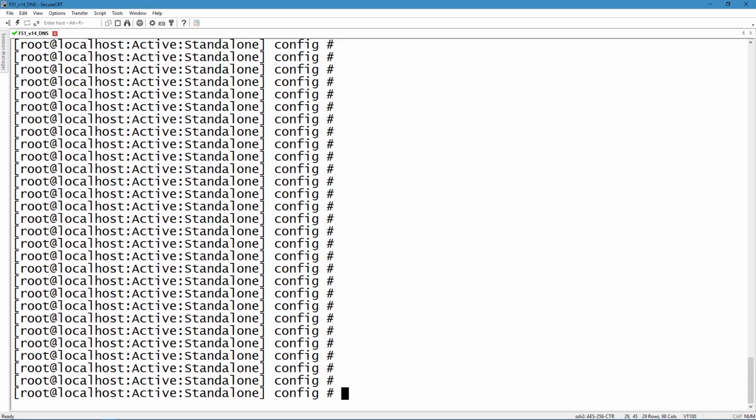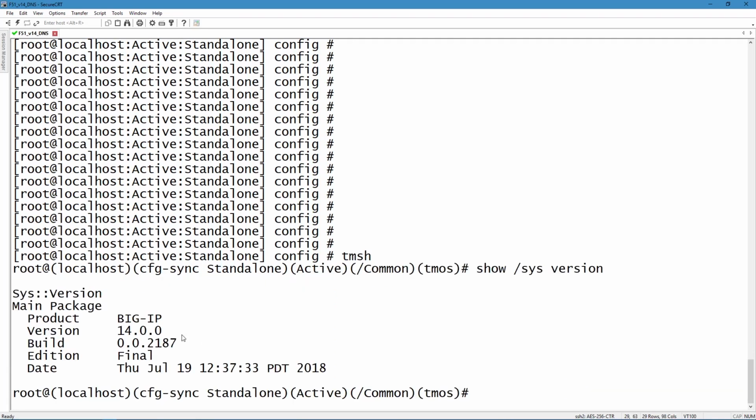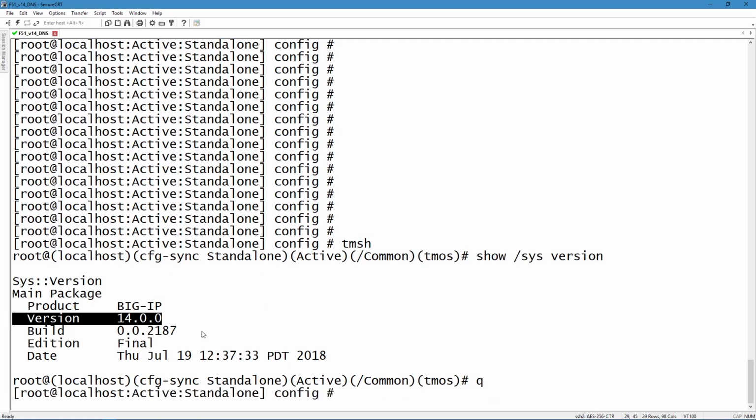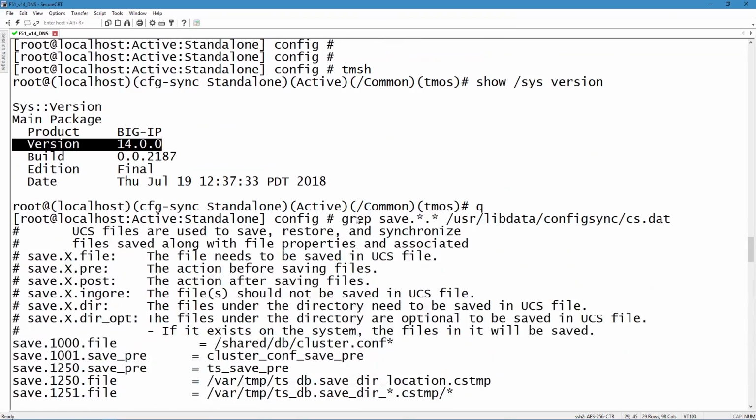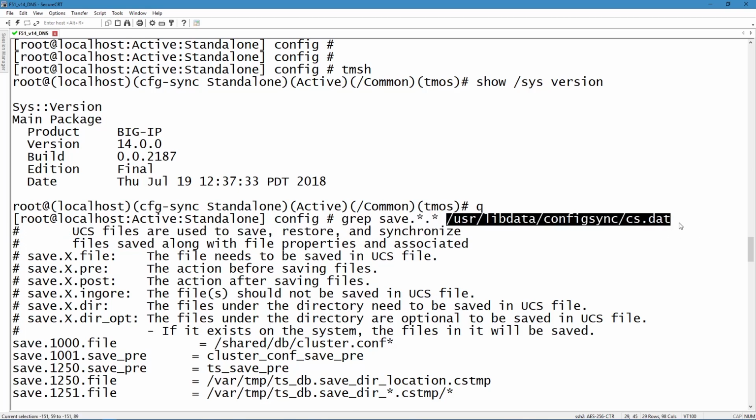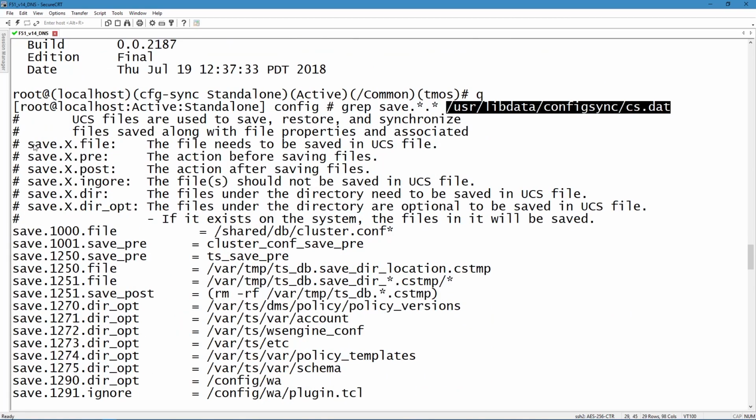Okay, so let's take a look at that cs.dat. I am on version 14, you can see right here. Let's just copy that grep, and we're just going to grep for save, dot anything dot save, and then inside that dot directory. Okay, so we start the save, and it shows you all the flags used and what it's doing for saving